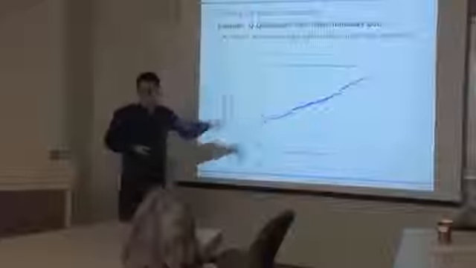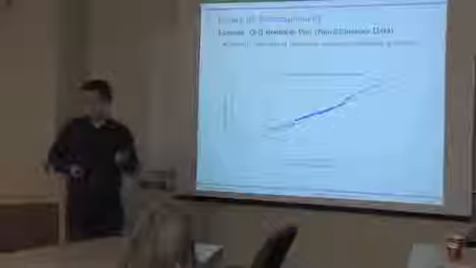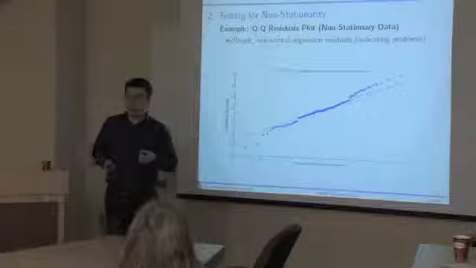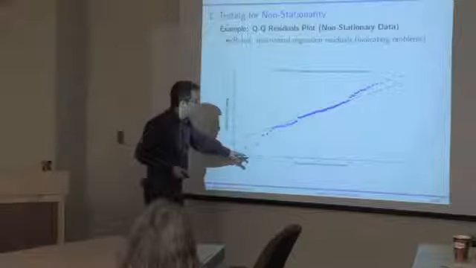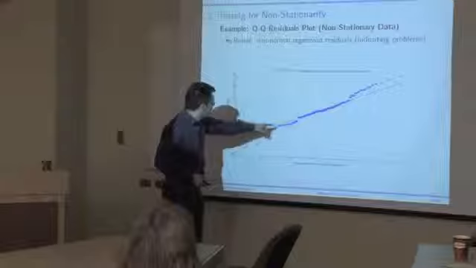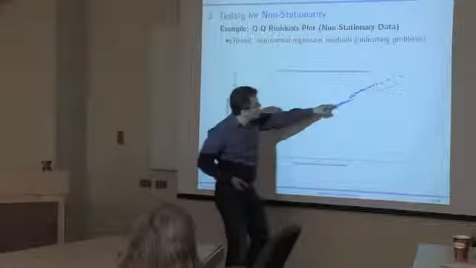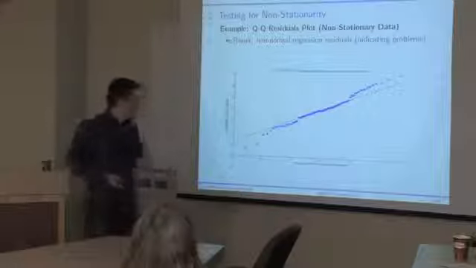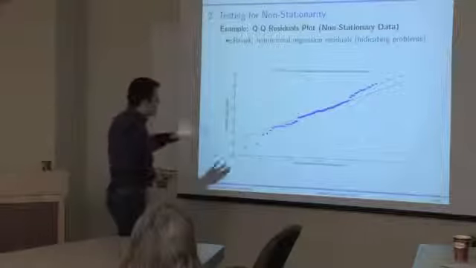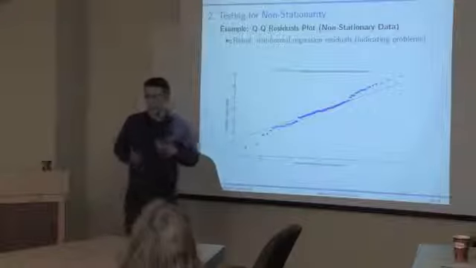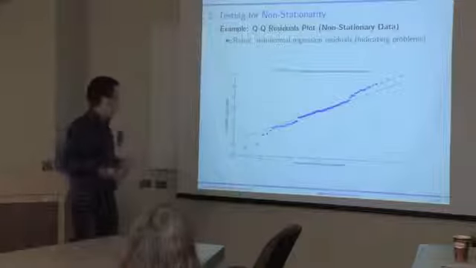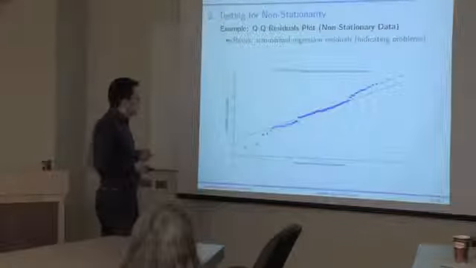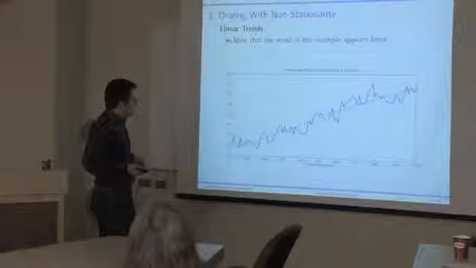Again, the blue markers show the quantiles of the residuals that you would obtain from this regression. The red markers are the quantiles from a normal distribution, and you can see that particularly in the lower tail and in the upper tail of the distribution, there is quite a fair degree of mismatch between the quantiles of the residuals and the normal quantiles, suggesting that your residuals do not appear to be normally distributed. And again, that can be interpreted as a sign of trouble. In this case, this trouble is driven by the fact that you're using non-stationary data.